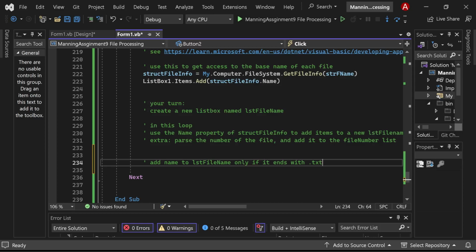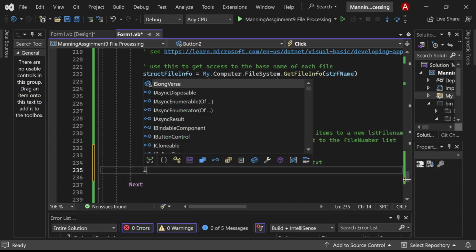And again, this is as you're coding and you start working on your own projects, thinking, I want to do this. How do I do this with strings? How do I tell whether the name of my file ends with a .txt? Well, do you remember what we saw when we were exploring the struct file info? Let's look at if